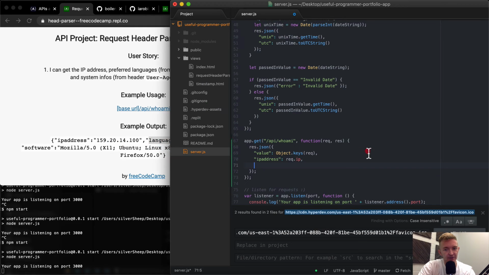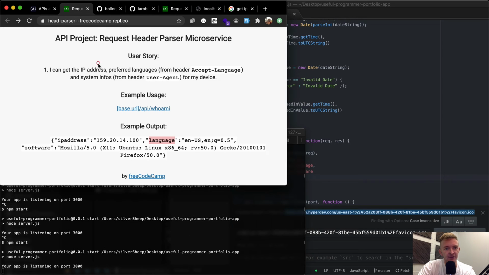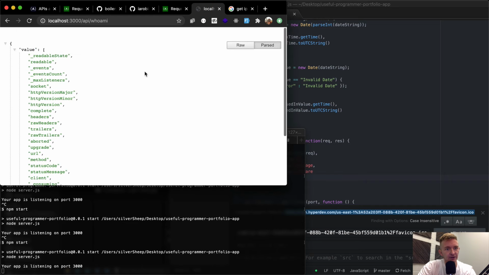So we want to do language as the next one. And then we could say I'm just going to do rec.language for now, even though I'm not sure. I doubt that that'll actually work. And our next one will be software. And then we go rec.software. And so if I save this, stop the server and restart the server, and we go back to our localhost and I refresh here,